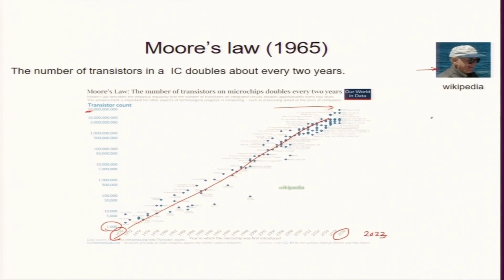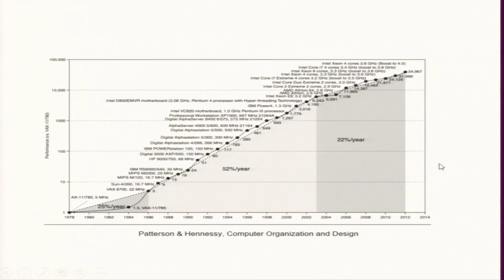So basically, it is exponential growth. That's why for most things you want to buy things now, but for a computer you want to buy it later, because you will get a better machine next year with the same money. Now this is another, from the book by Patterson and Hennessy.